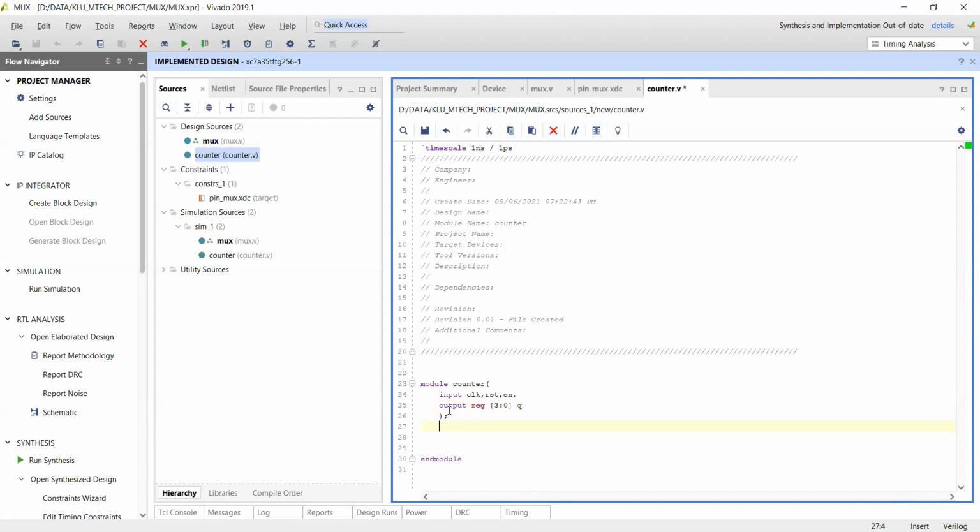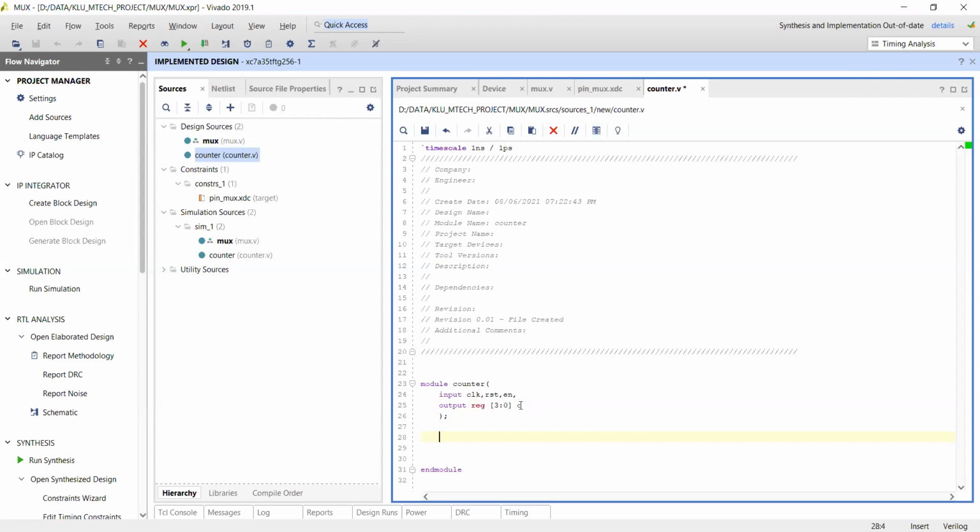So why I'm taking reg means here it is a register. Reg means nothing but a register, because the output always has a certain value from the previous state. So that is the reason I'm taking the reg. And I'm writing the body in terms of behavioral modeling. So if you want to write behavioral modeling, you go for the procedural block.